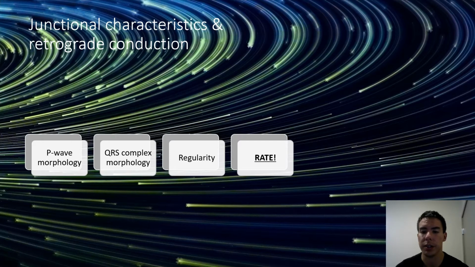Then all you need to do to figure out what type of junctional rhythm it is is look at the rate, and that'll tell you. That's all you need to know for that. So retrograde conduction, I'll draw it over here on the right. It's a little hard. Alright, so